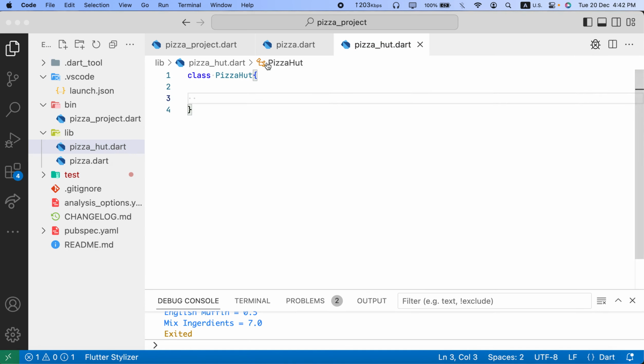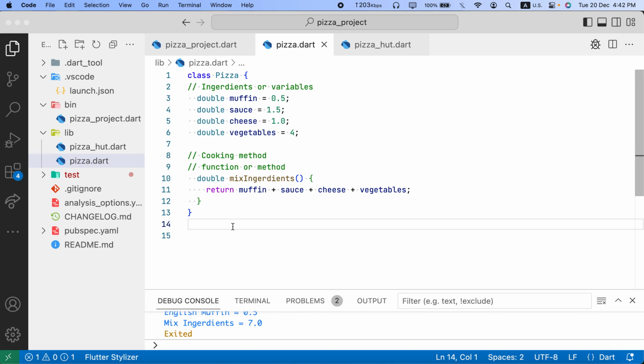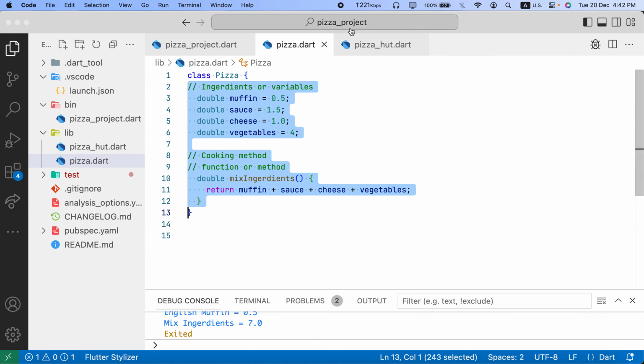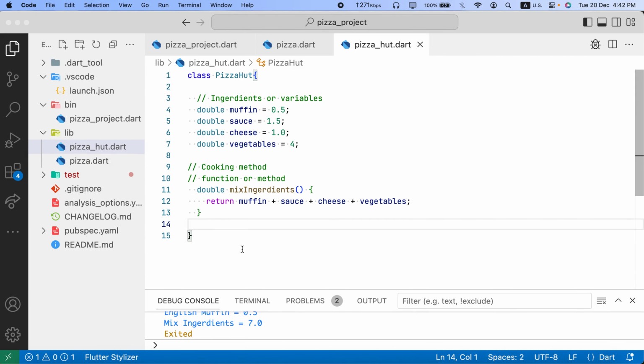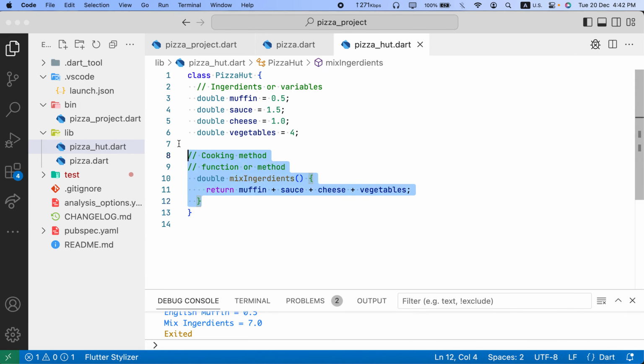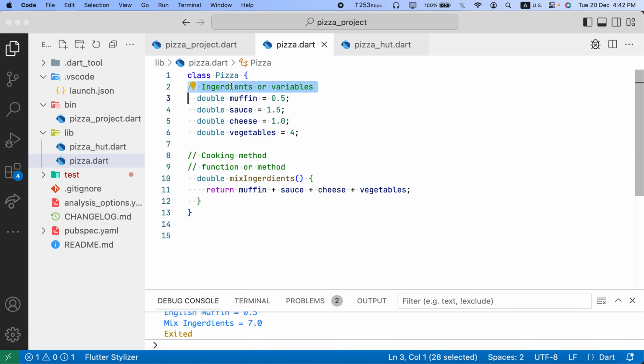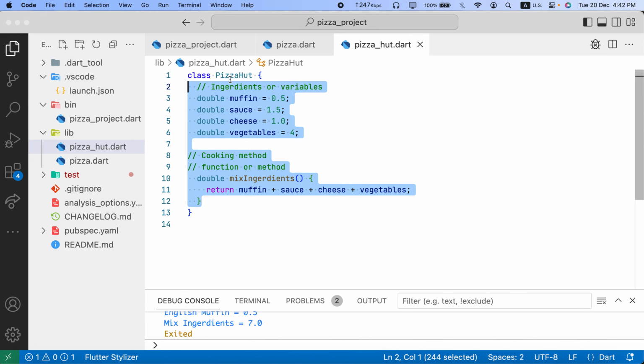Okay, so Pizza Hut. I don't want to write. I can copy here like this. I can copy all this value and put it here, and I will have new values again. But is there a better way to use the same code without copy and paste? Yes. Okay, I will remove all this one